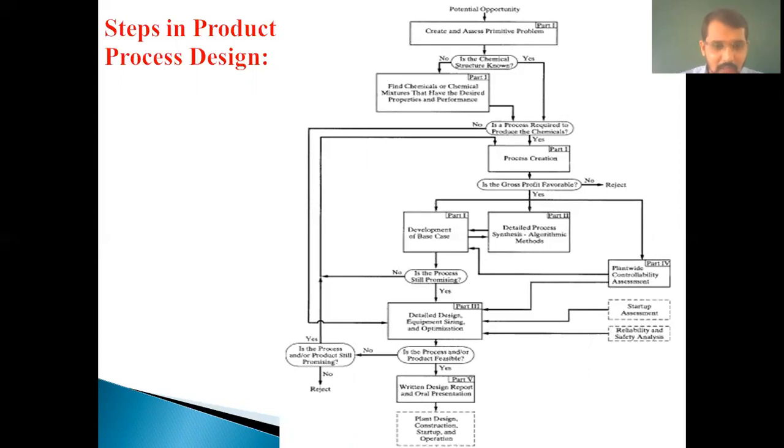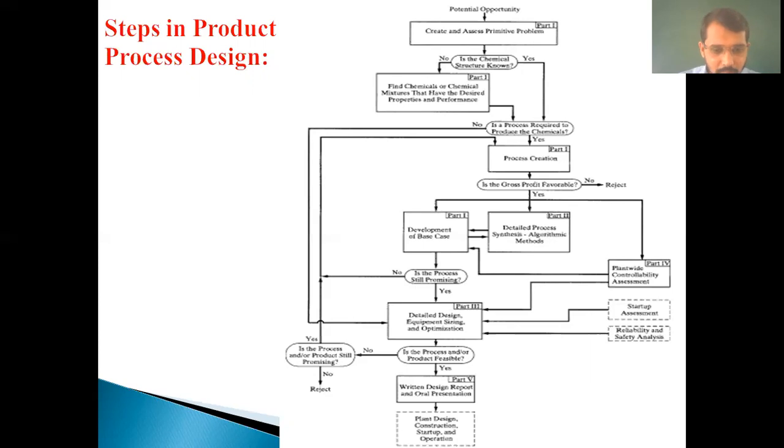If yes, then go for the optimization. Optimization means modifying the process to get maximum efficiency and maximum profit at minimum cost. What is the meaning of optimization? Optimization means you are modifying the process to get maximum efficiency, so that the process is profitable. Our main concern is profit and efficiency. The process should be at minimum cost.